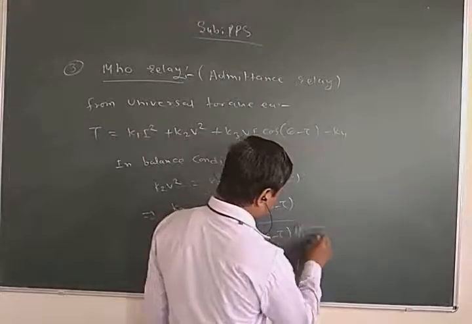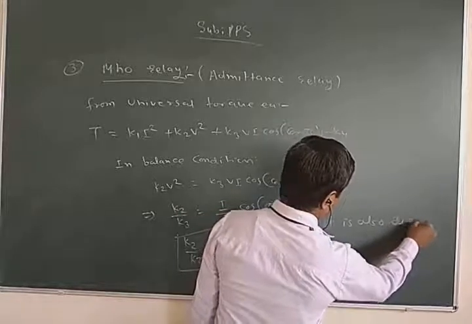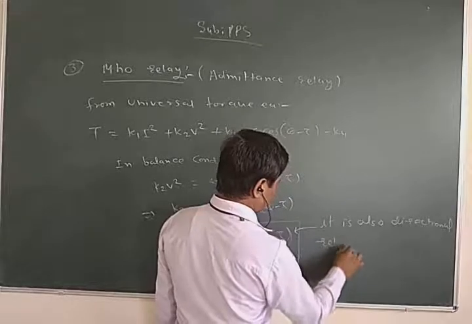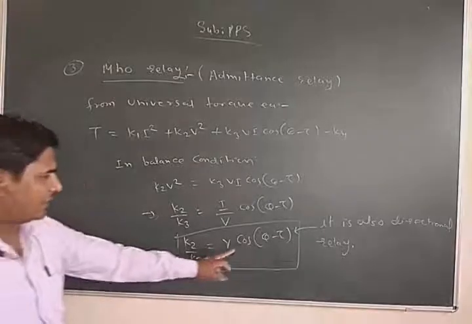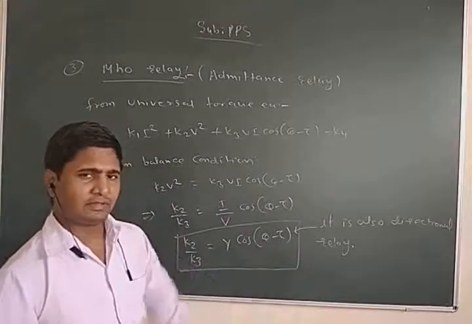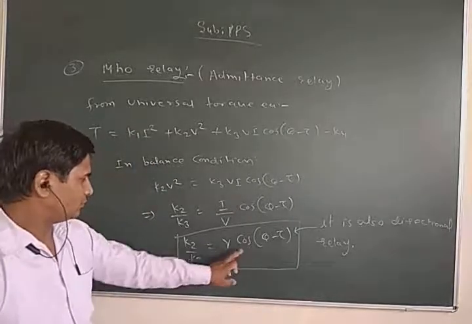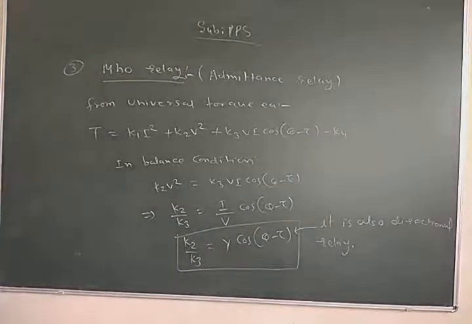It is also a directional relay, because its operation depends upon the cos of theta minus tau. If this value is negative, then the torque will be negative and the relay will not operate. We can say that the admittance relay is also a directional relay, and its characteristic is